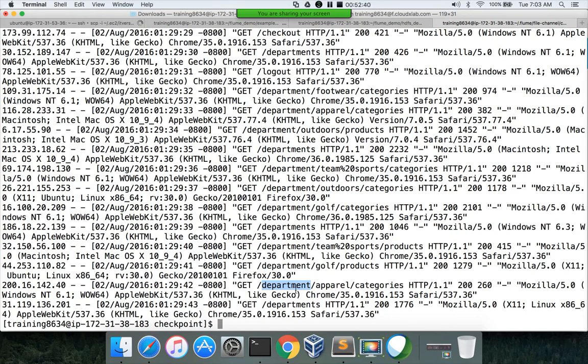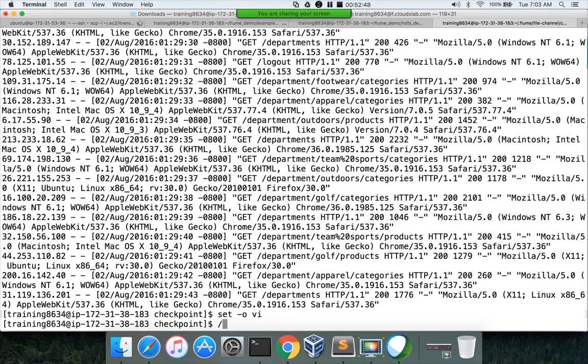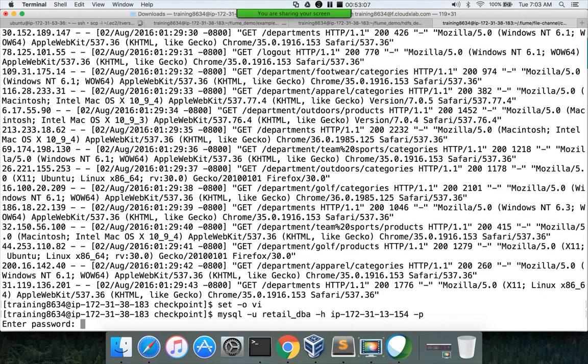Sorry, let me connect to MySQL here. So now we are getting the data from weblogs also, and we already have data in our tables. So using the data from weblogs and the data in tables, you can perform some advanced level of analytics.